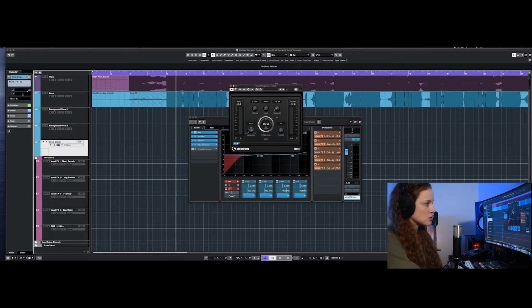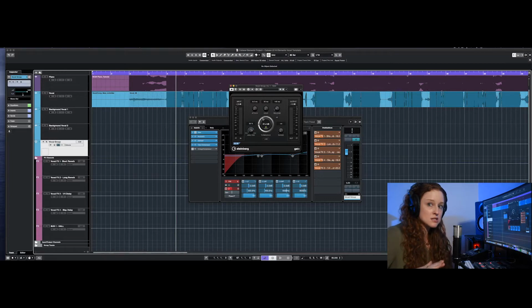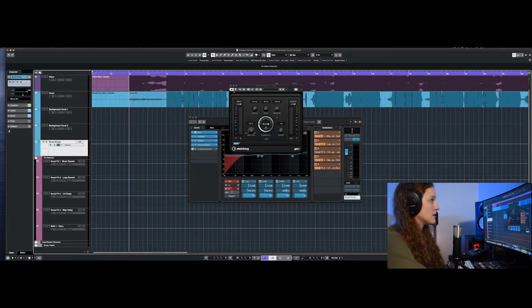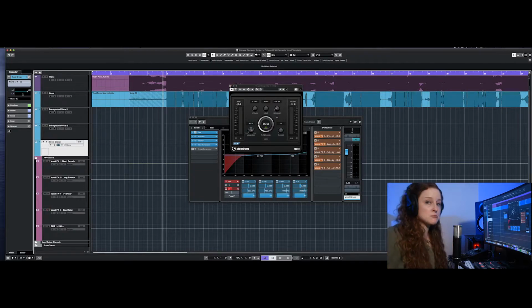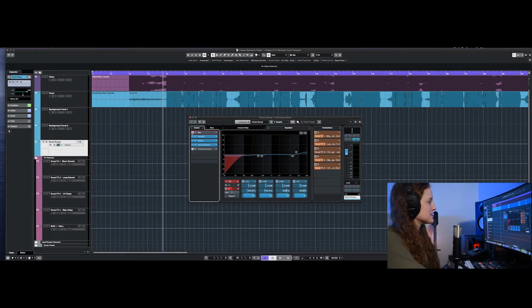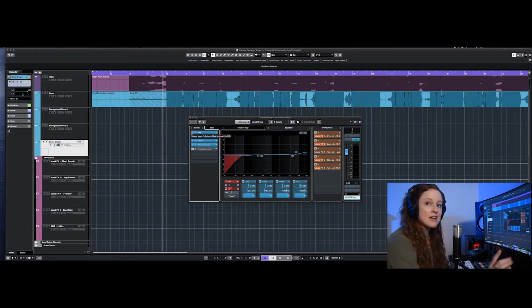As you could see in the threshold, it went from red, which means closed, to yellow, which means it's starting to open, and then green, open. If I didn't have that on there, you would have heard the breaths, you would have heard the room ambiance, which maybe you want that as an effect, which if you do, just bypass the plugin. It's that simple. Next, I have a studio EQ, which for me